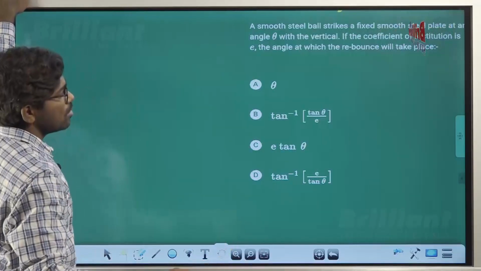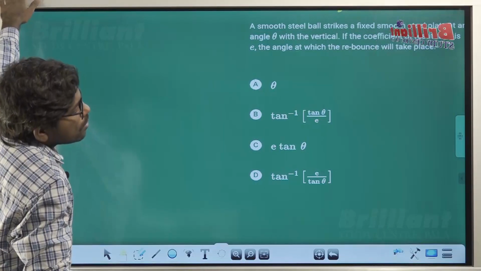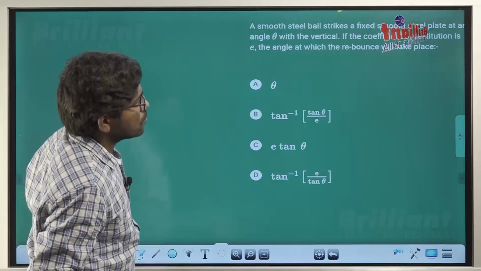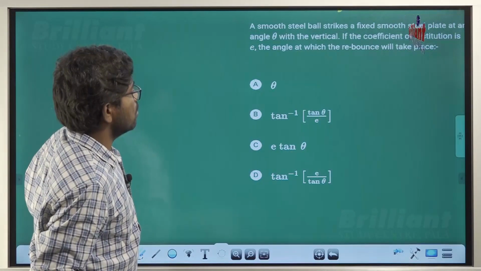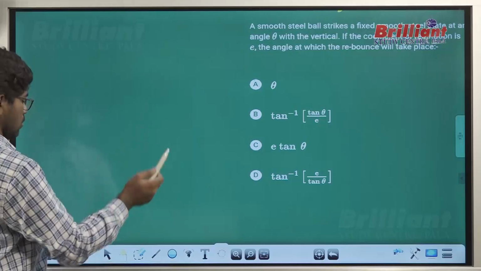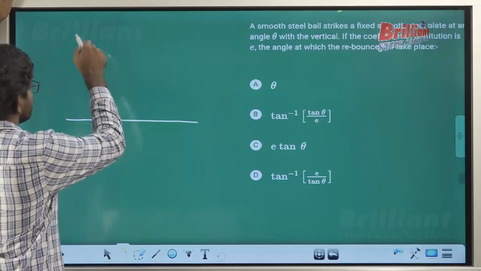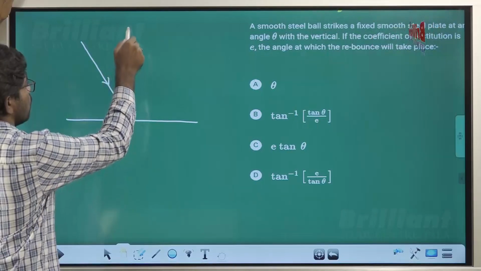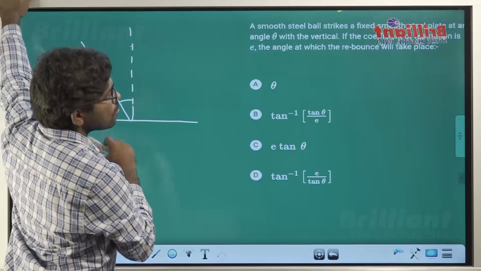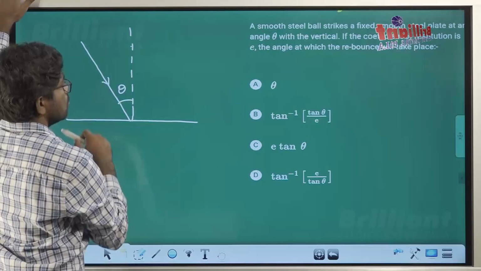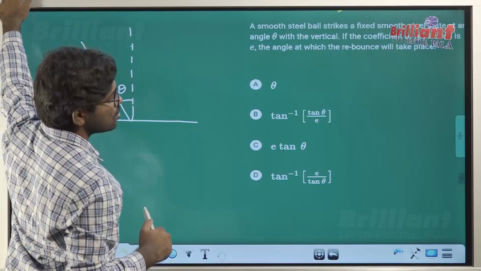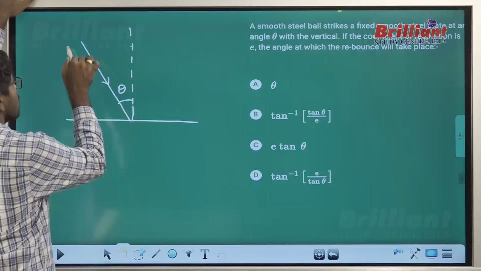You can easily do it. A smooth steel ball strikes a fixed smooth steel plate at an angle theta with the vertical, right? The coefficient of restitution is E, then the angle at which the rebound will take place. Collisions question, right? What is given here? It strikes at an angle of theta. If it is falling with speed u,